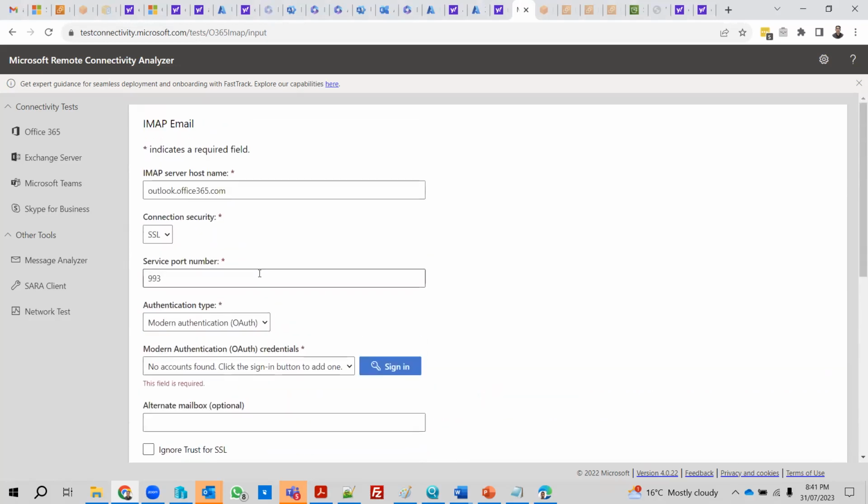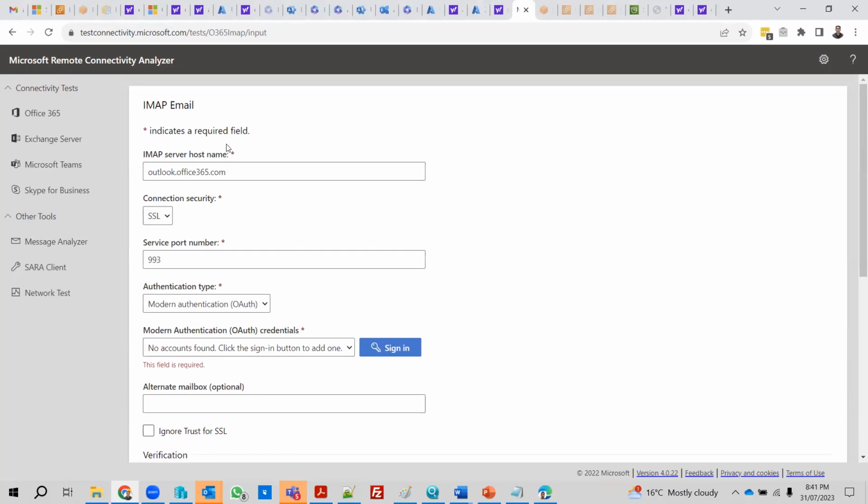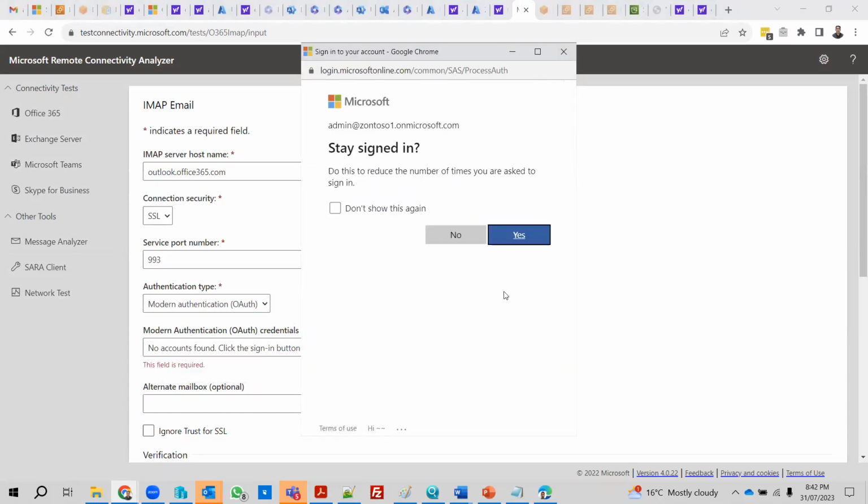So in this way, you can test. Yes, it's slow at the moment, but you can test from here. Same way, Exchange Server related with more on premises, Microsoft Teams, Skype for Business, or for all individual stuffs, we have these. Saying sign in. After that, once you logged in,